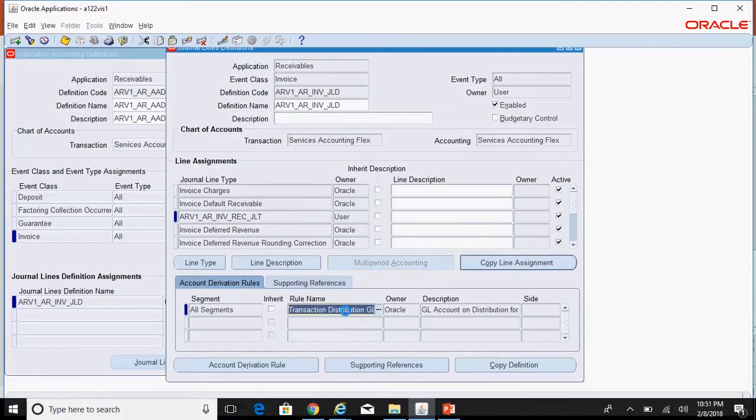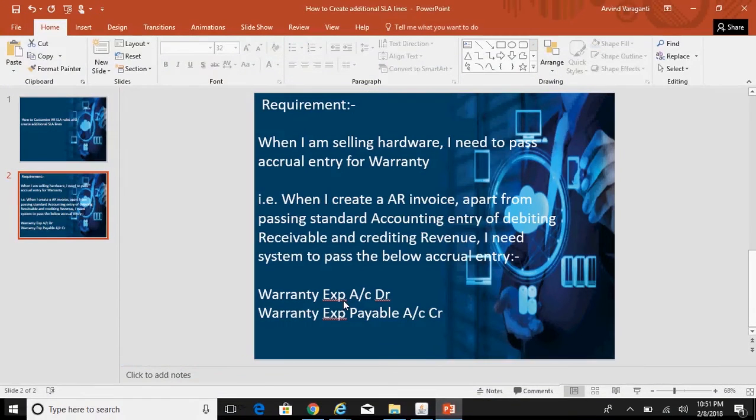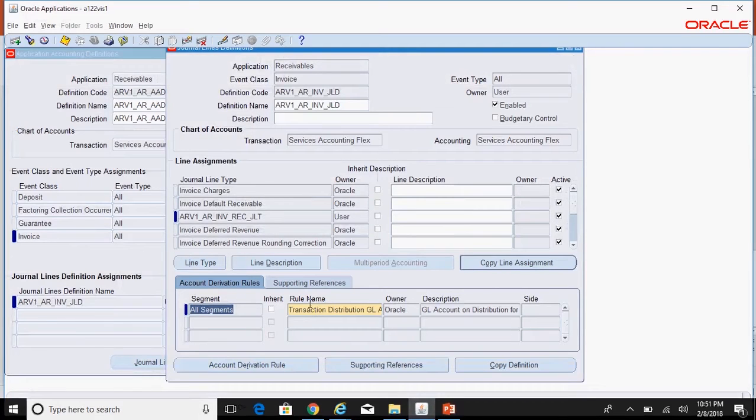So we have copied the same ADR as that of the standard, and when the system is creating this particular debit side, a warranty expense account debit, our requirement is to copy all the segments from the existing receivable account, but as far as the natural account is concerned, we want the system to use a specific account. So all these other segments should be copied from the receivable except for the natural account.